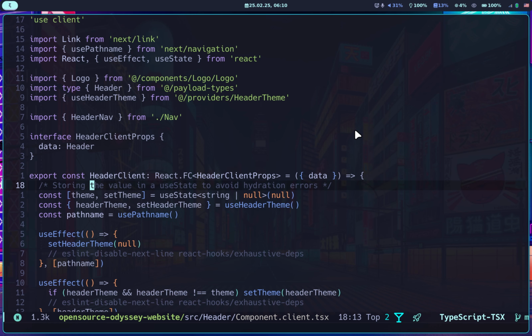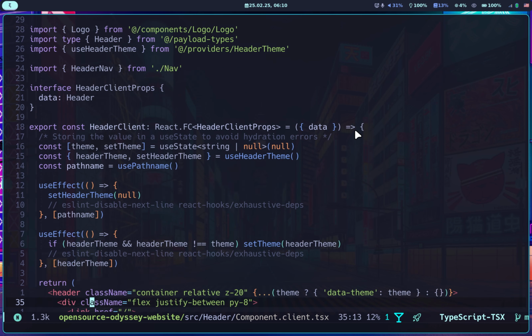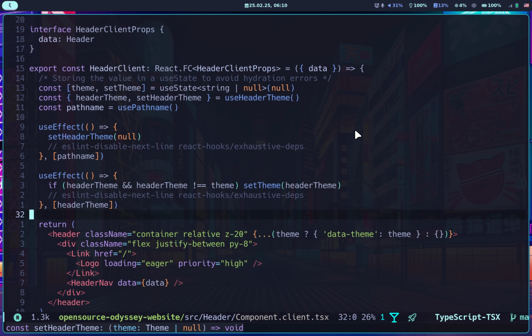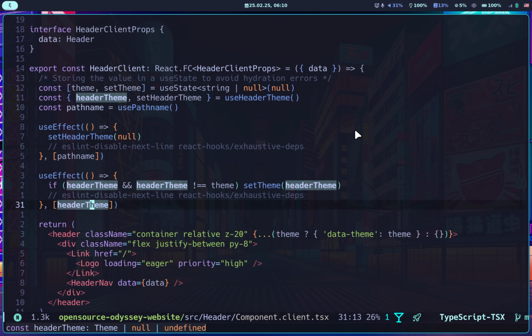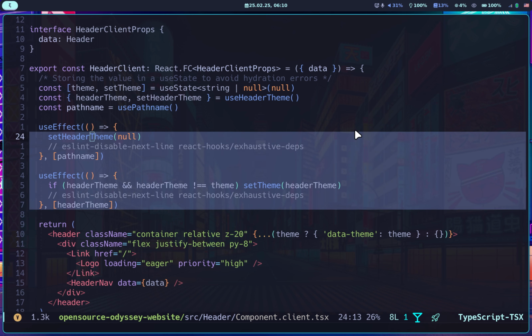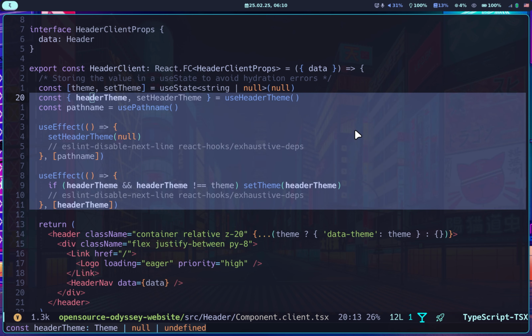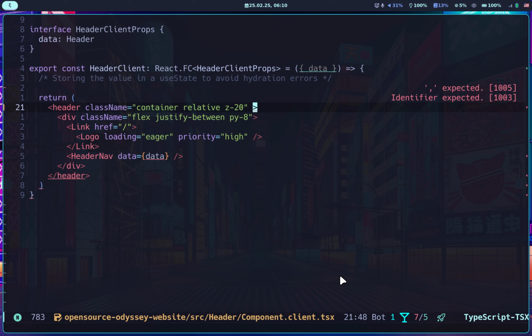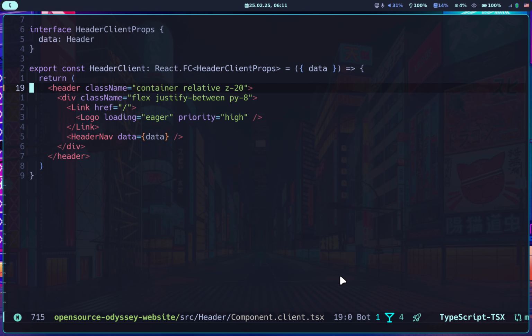The header client is a client component, as the name may indicate, and here we do set the header theme to null and do some more theme shenanigans. While this can be nice, I'm not going to use all of that because I want to manage my theme manually, and I found that this header theme component here, use header theme, is getting in the way when I want to do my styling. So I will remove all of it. Next, we want to make the header stick to the top, and for this, I think